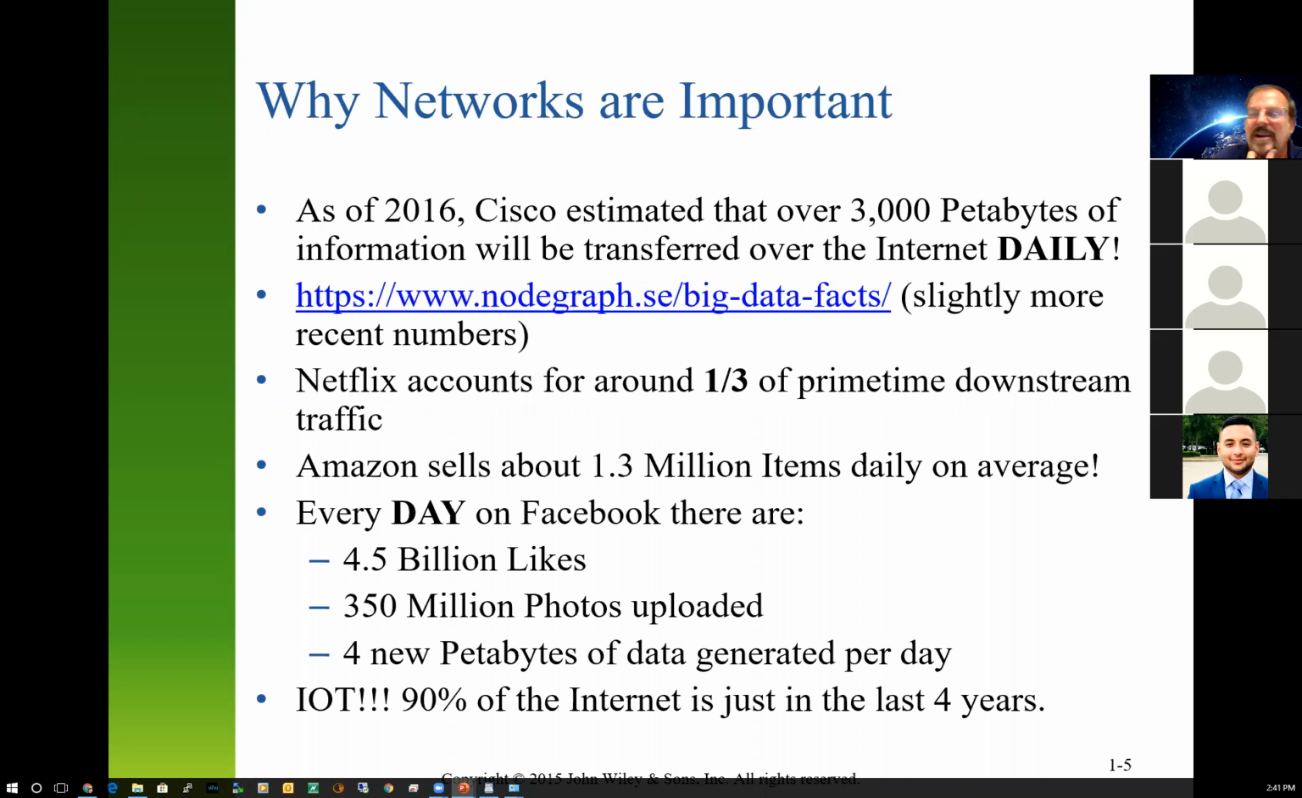I do want you to know, it may not necessarily be a question on the test, but you probably should know the difference between a kilobyte, a megabyte, a terabyte. What's after terabyte? It's a petabyte. That's 1,000 terabytes. And then an exabyte. And it keeps on going from there all the way up to a Google byte. If you go to nodegraph.se, by the way, that's in Sweden, the numbers are a little bit more than